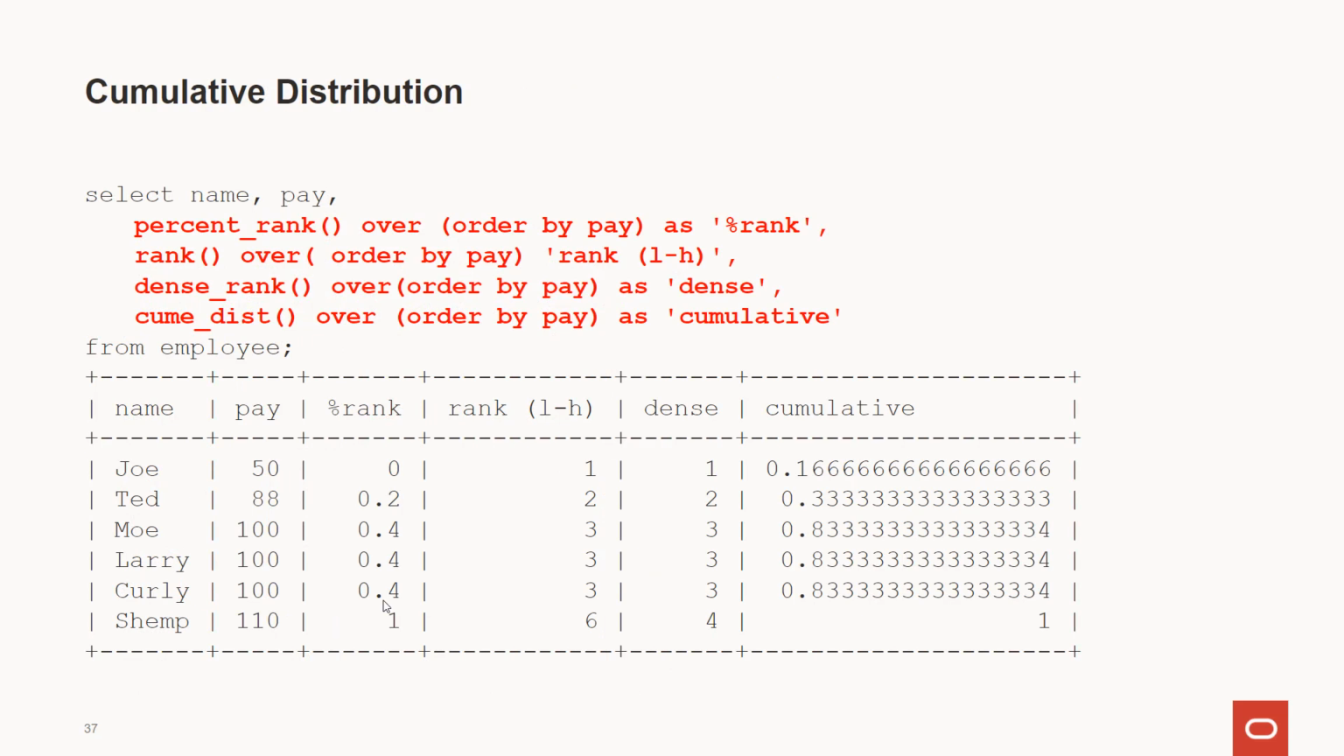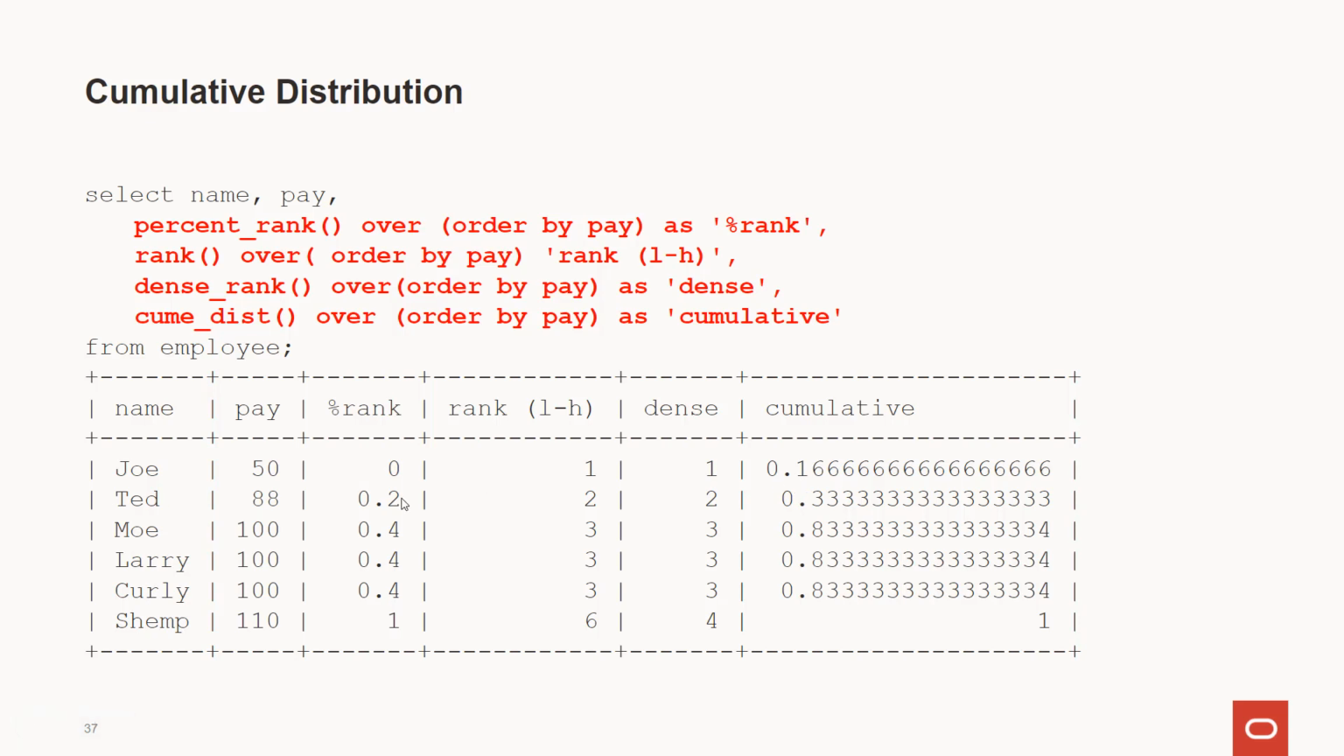Now, let's take a look at cumulative distributions. Once again, we're going to order the percent rank by pay, and all the other ones by pay also. So Joe, whose pay is 50, doesn't show up high enough to be a percentage. He's the lowest person from low to high. His dense ranking is lowest, and his cumulative pay out of everybody